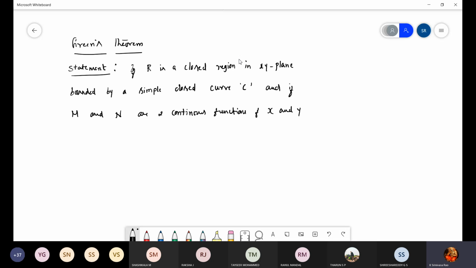This is not a constant, it's a variable. Two continuous functions of x and y having